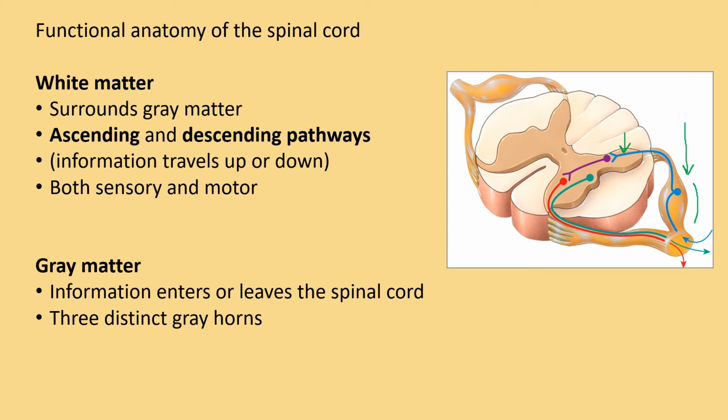Motor information exits the spinal cord through other gray horns. This distinct bump right here is called the lateral gray horn of the spinal cord. In the lateral gray horn, that's where we find the cell bodies of motor neurons that are part of your autonomic nervous system. And in the anterior gray horn here, this is where we find the cell bodies of motor neurons that serve your